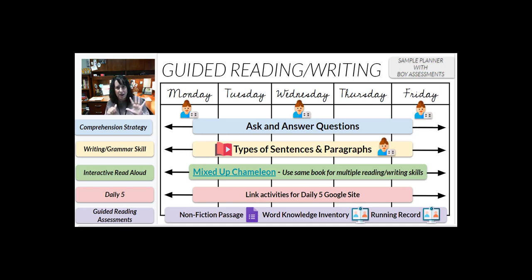So I said, rather than trying to make 6 of those, why don't you look at, okay, I'm going to take it down. I can find that book online, so I'm not going to record myself doing the book for the interactive read aloud. I'm going to find some things on YouTube for the grammar skill. So that cuts me down to potentially 4 or 3. So now I'm just doing the mini lessons.